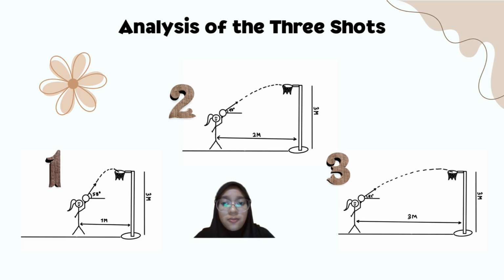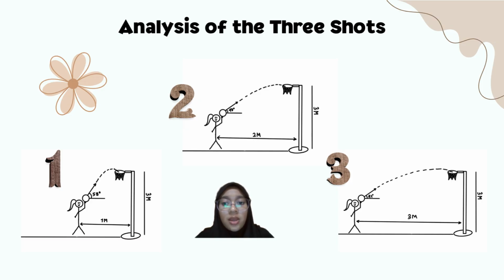For the second shot from 2 meters, the launch angle changed to 48 degrees. Since the distance is greater, the player needs a slightly stronger throw to keep the ball on the correct trajectory. Finally, for the 3-meter shot, the launch angle is 42 degrees. Although the angle is lower, the player must apply greater initial velocity so the ball can travel farther and reach